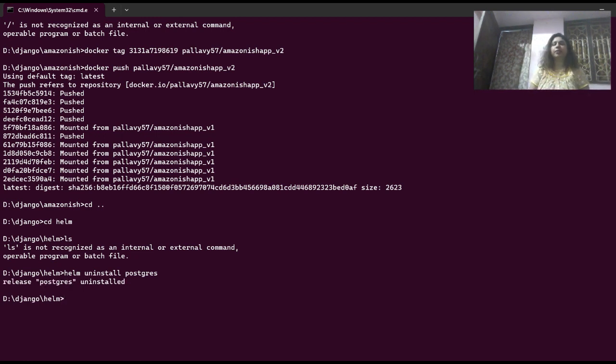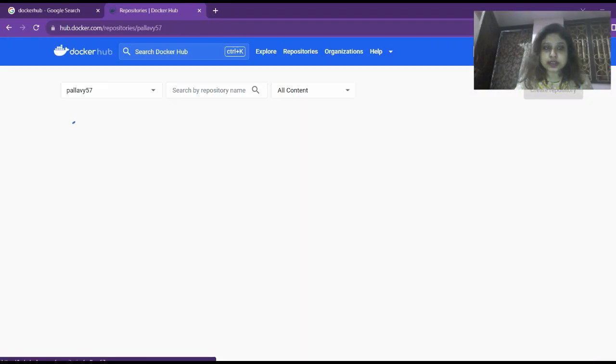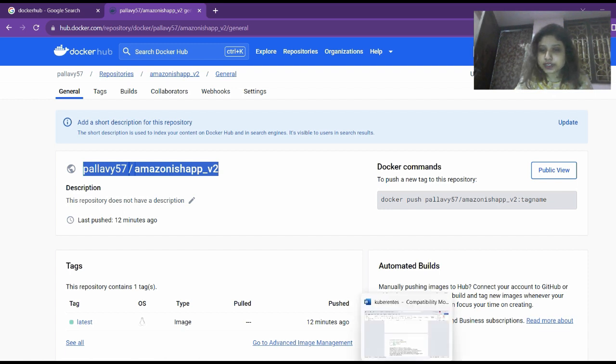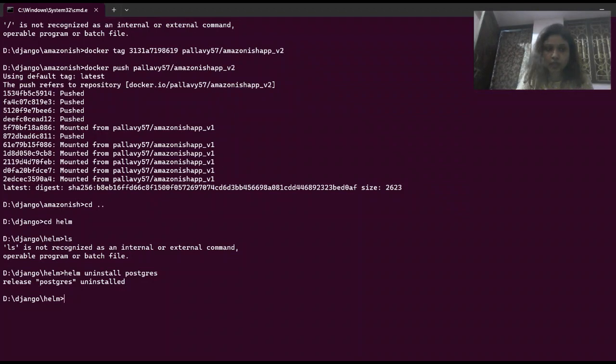Now the next thing I'm going to do is install a new version that I created just 12 minutes ago. So what I'll do is helm upgrade. Whatever we are installing on the Kubernetes platform is called a release. So my release name would be,